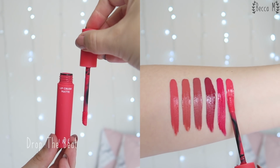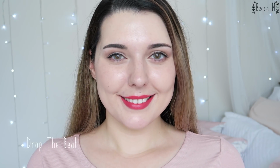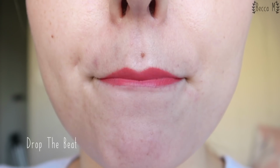Drop the Beat is a fluoro peach. I actually really love this shade, but it is such a pain to apply. It is super streaky and it really emphasises the flaws in my lips. If I really spend time with lip prep, it can look really lovely, but I also find that the brightness is dulled down. This is the shade that I used for the longevity test, and as you can see, it